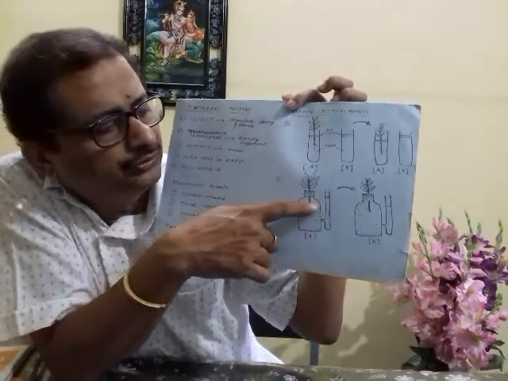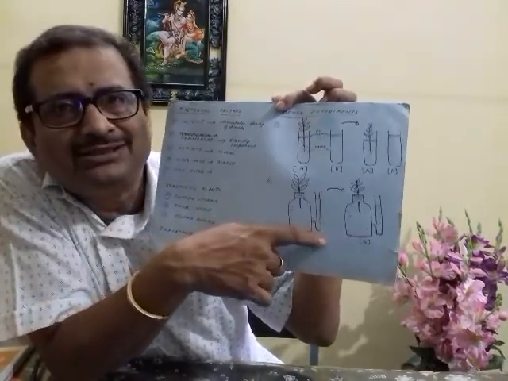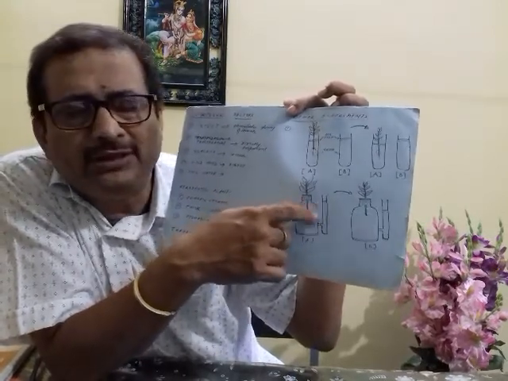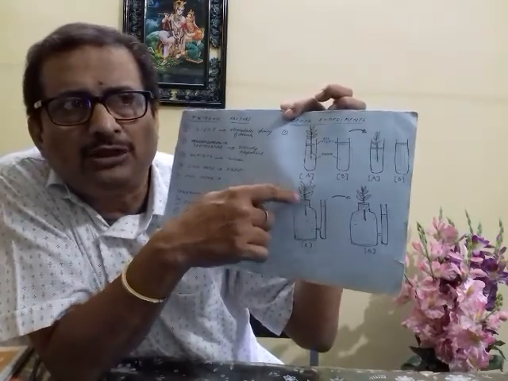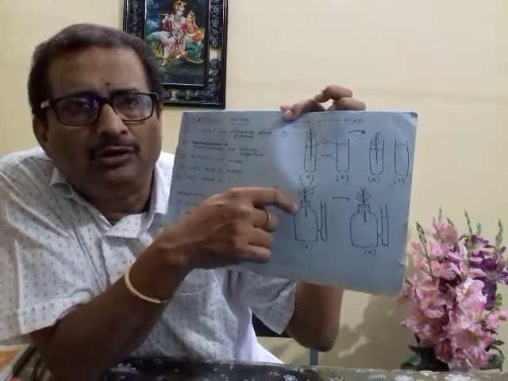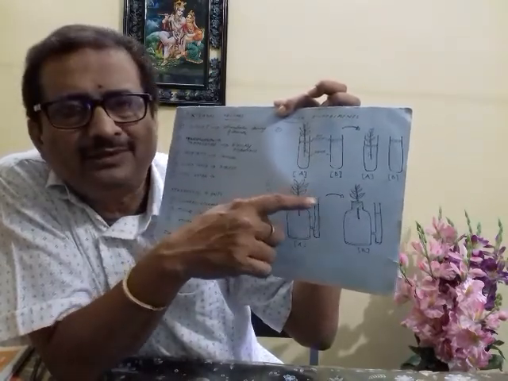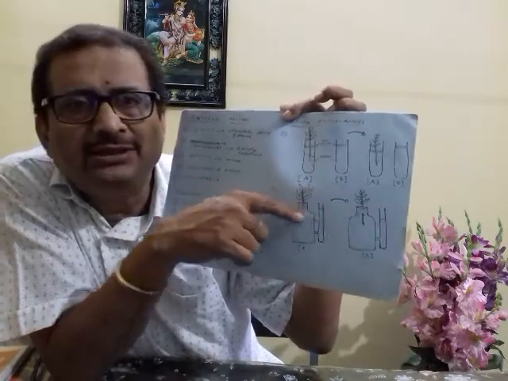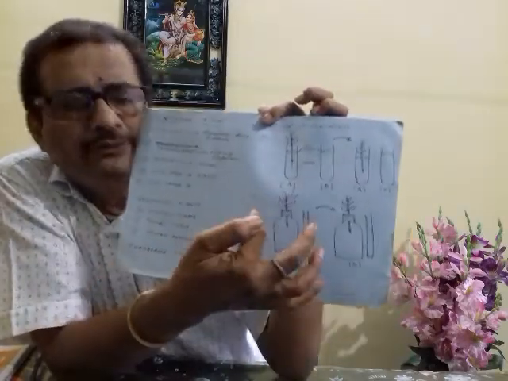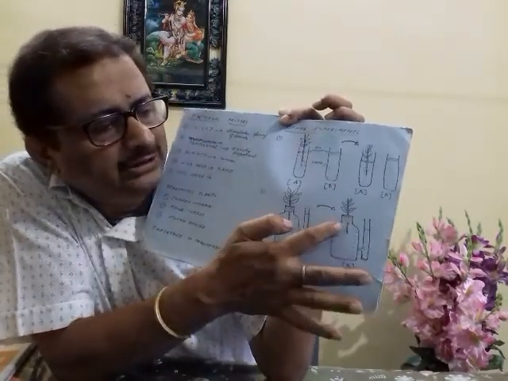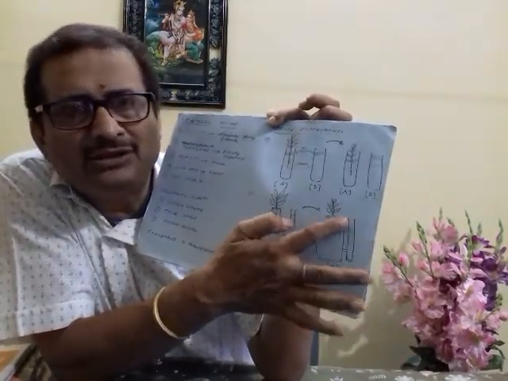Second experiment is there is a special type of apparatus. You have a small bottle connected to a measuring cylinder and the water is filled in this bottle, and there is a small potted plant with a small hole or split in the cork, and we have the water level equal in the measuring cylinder. And here what happens, if you keep this for some time, you will see the water level here in the measuring cylinder reduces.